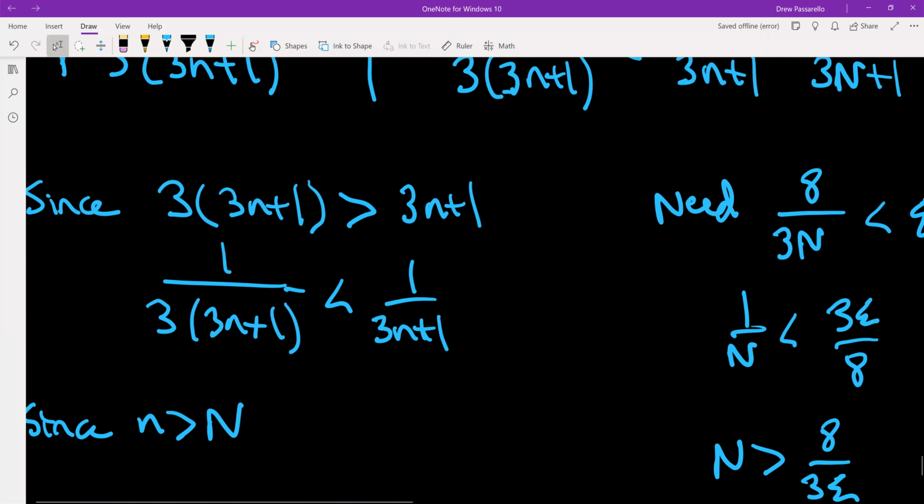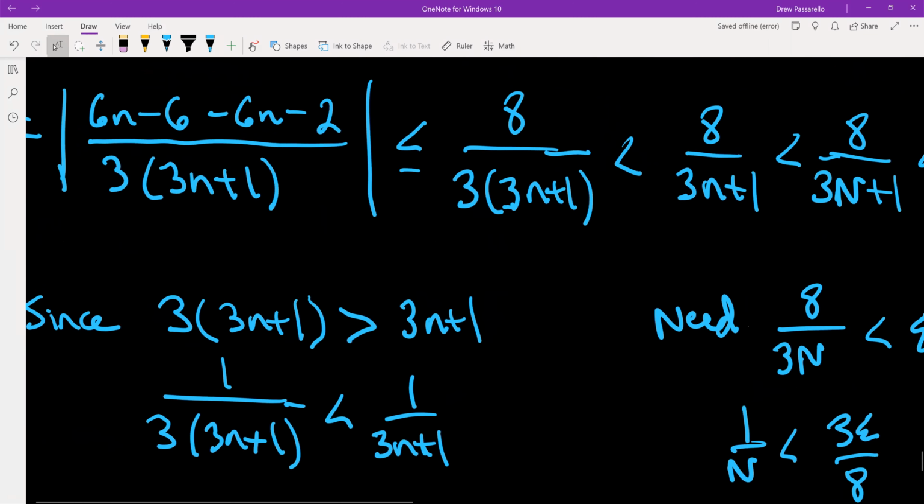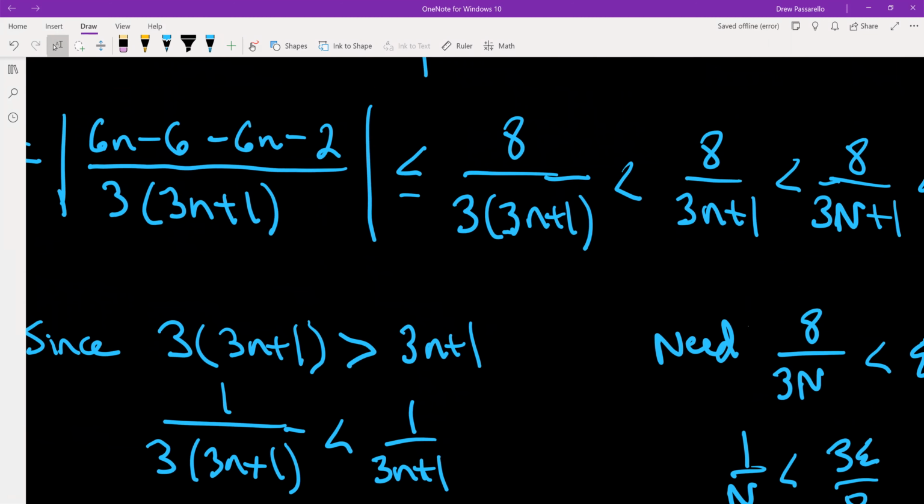So I said since 3 times (3n plus 1) is greater than 3n plus 1, the reciprocal of both sides results in 1 over 3 times (3n plus 1) less than 1 over (3n plus 1). And that's just to make it a little bit simpler. So then I could go